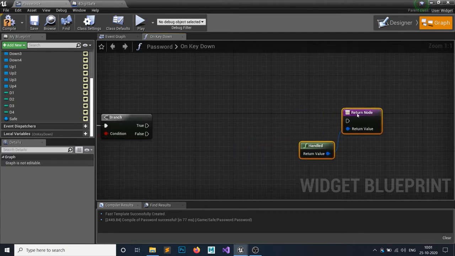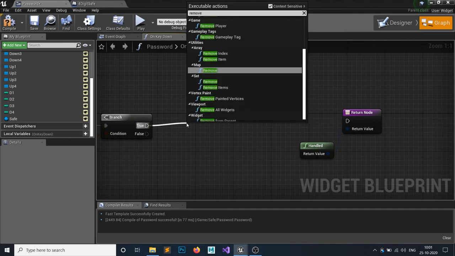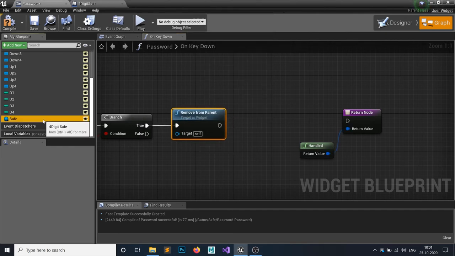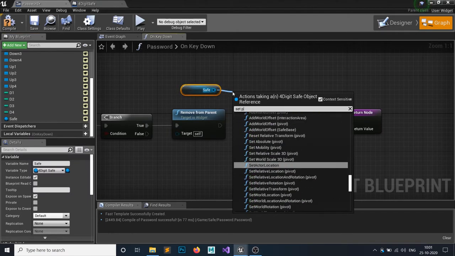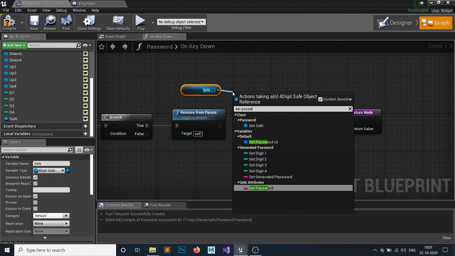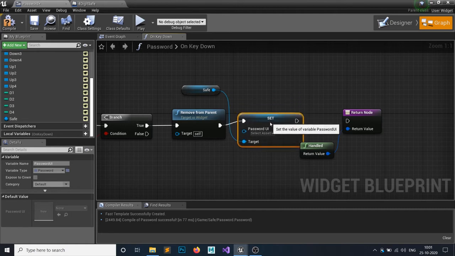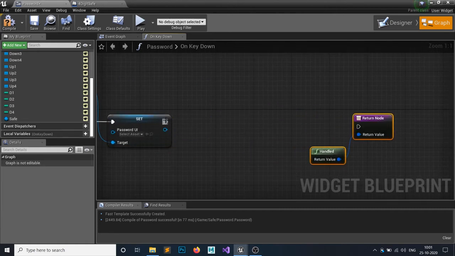We simply want to just remove from parent. We want to remove this one from parent. We get the chest and set the password UI to false. Yep. After setting it to false, we want to set the game to UI only.